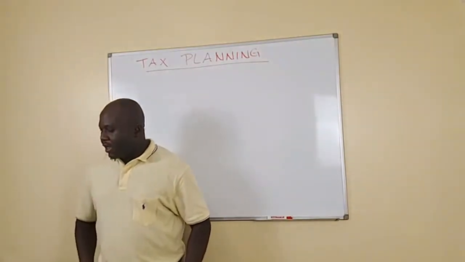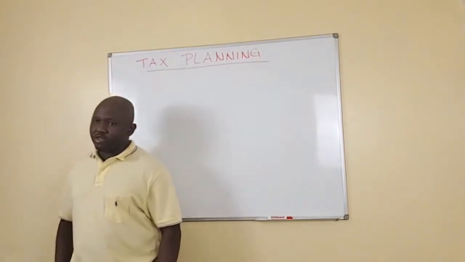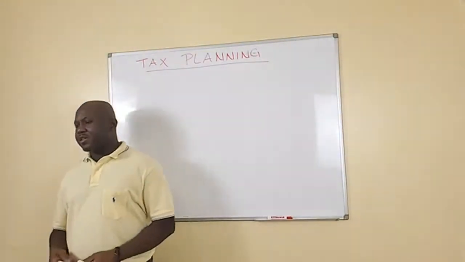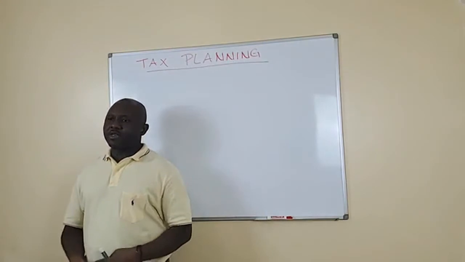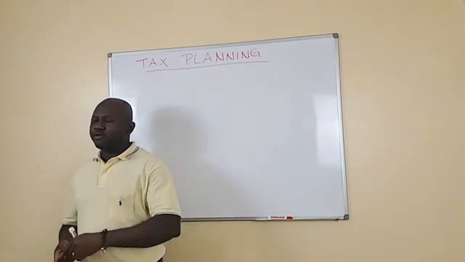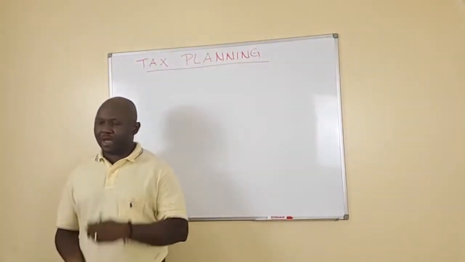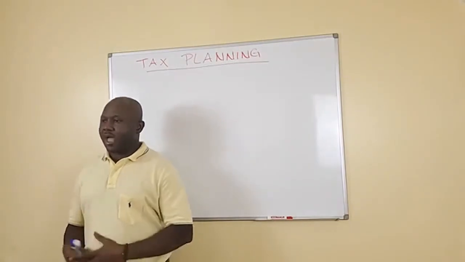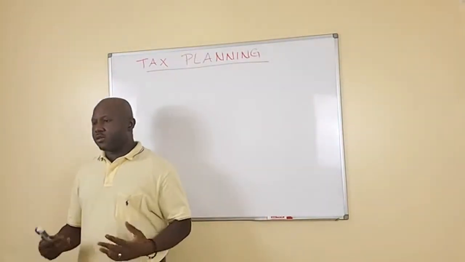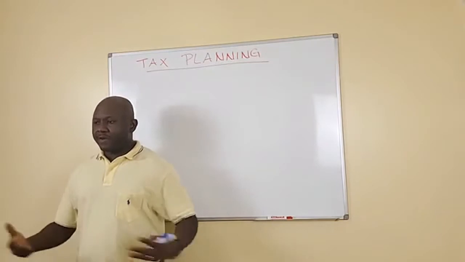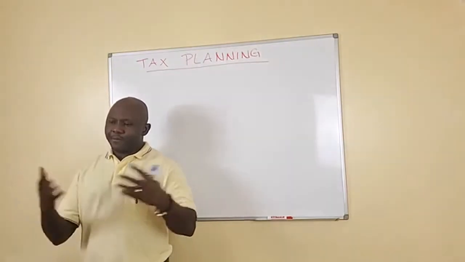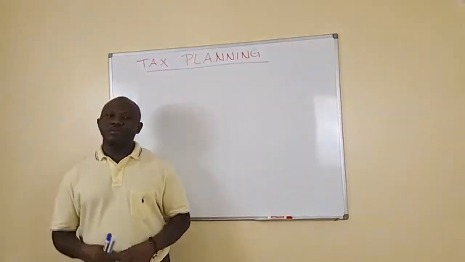Now, how long does the tax planning last? That's a good question. At the beginning, I was letting you know that tax planning is an ongoing process, right? That means you have to consult on your tax planning at least twice a year, or maybe three times a year: at the beginning of the year, the middle of the year, and the end of the year. At the beginning, we lay down all your individual financial position or all your business activity, so that we can plan accordingly.